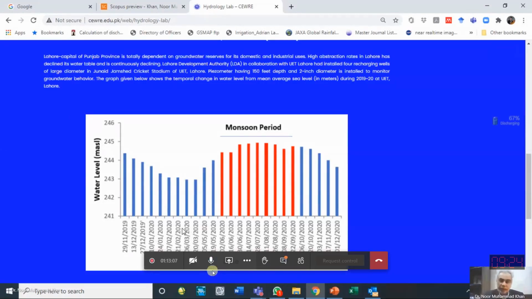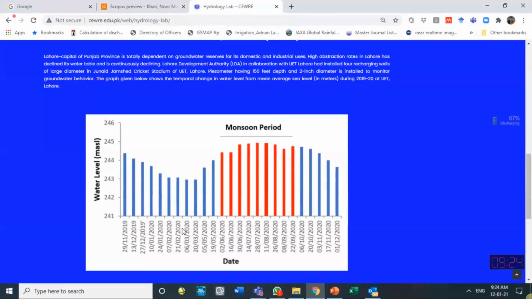So hydrograph is a relation between some water property and time. So this is with respect to time, water level. This is a groundwater level hydrograph. So water level, you see fluctuation, 244 point something, 0.5 meter in November 2019. And if we come to March 2020, start of the corona in Pakistan, that was the lowest water